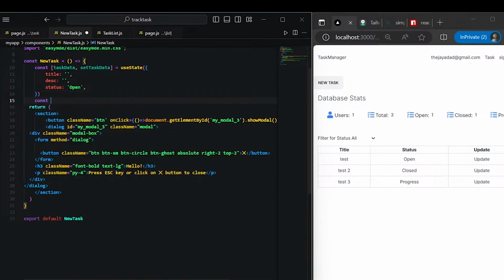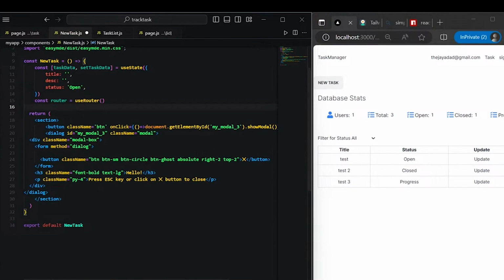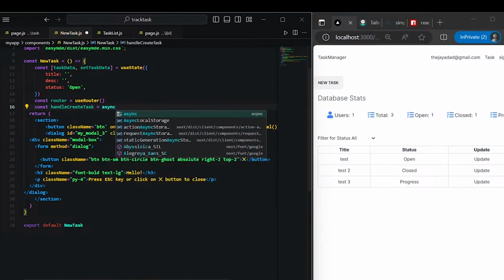Now underneath it, let's bring in the router, and we're going to say useRouter. And we'll go ahead and now we want to create the on-click function so that once we click the submit button within our form, it sends the information to our database. And we're going to add in the refresh so that the page reloads on its own. So we'll start by saying const handle, and we'll name this createTask, and it's going to be an asynchronous function. So async,